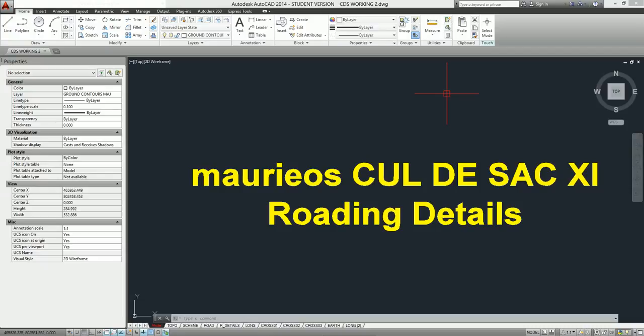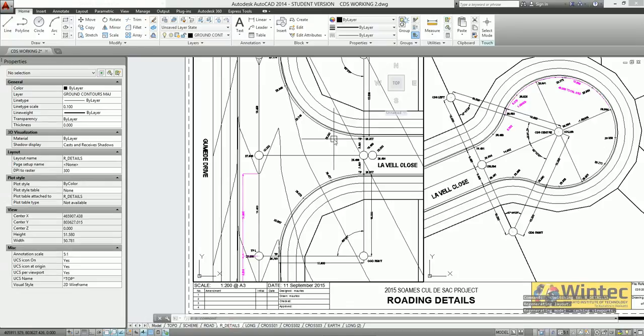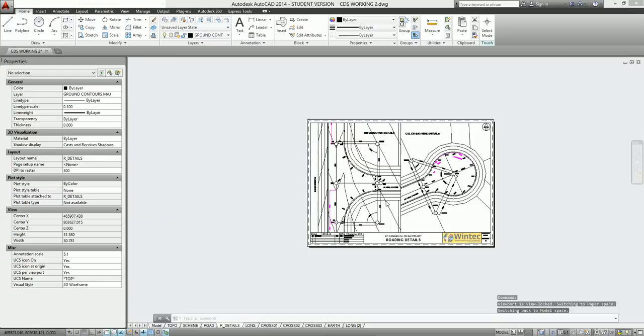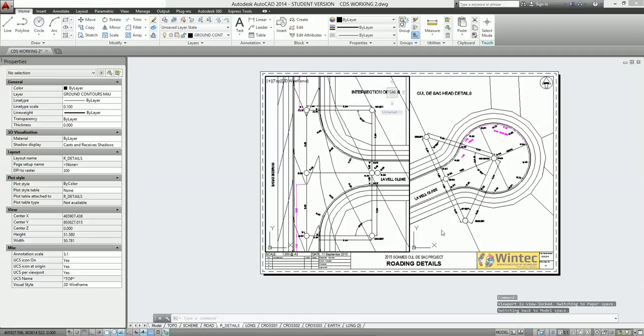Mario's cul-de-sac 11, we're going to be looking at the roading details. In particular, we're going to be looking at the intersection and the cul-de-sac head. So what I've done is just taken my normal template and I've created two viewports to enable us to look very closely at the intersection and the cul-de-sac head. So firstly, let's have a look at the